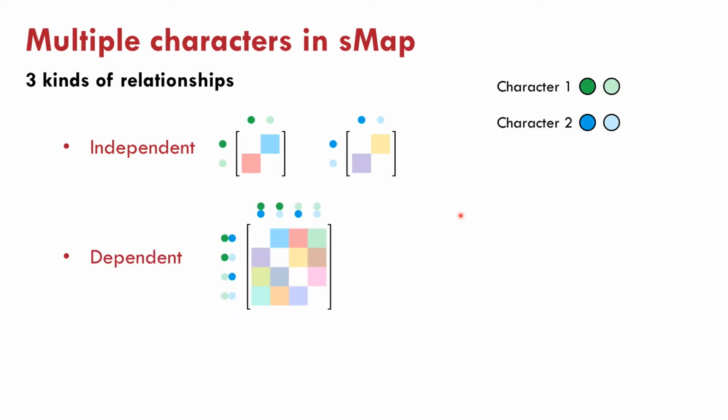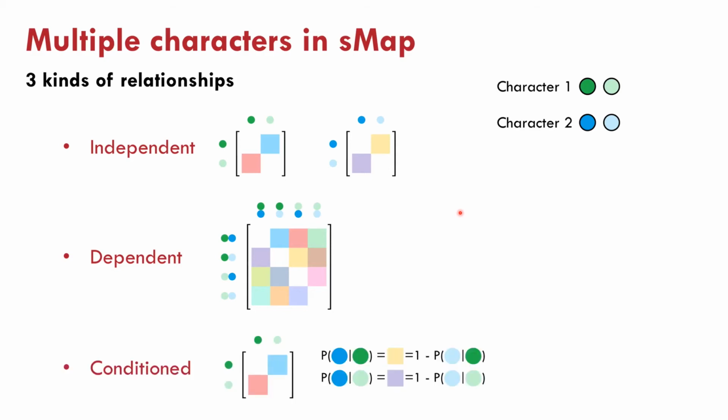And this essentially means that 2 characters are going to be merged into a single super character. So for example, in this case, if we have 2 characters with 2 states each, then the super character is going to have 2 times 2 equals 4 states, and the corresponding number of rates for the model. So other programs also implement models that are similar to this, but the new feature of sMap is having conditioned